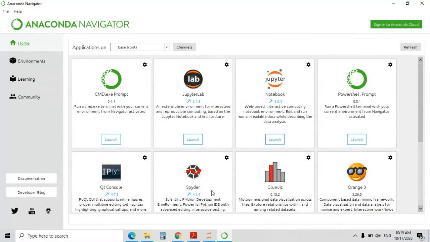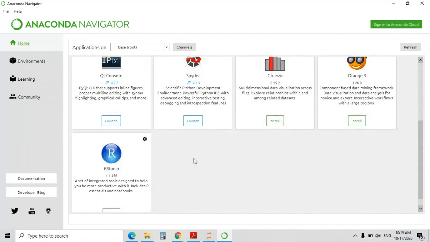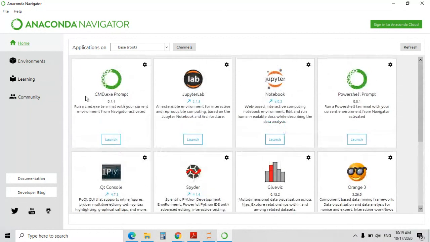So you can see that now the Anaconda Navigator has opened on the PC. Fine, and on this navigator, we have several options. So you have the cmd.exe prompt, then Jupyter Lab, Jupyter Notebook, PowerShell prompt, right? So Spyder is there, Orange 3 is there, and also we have the